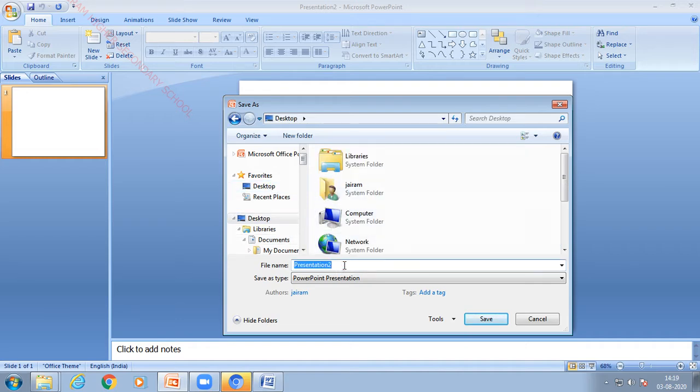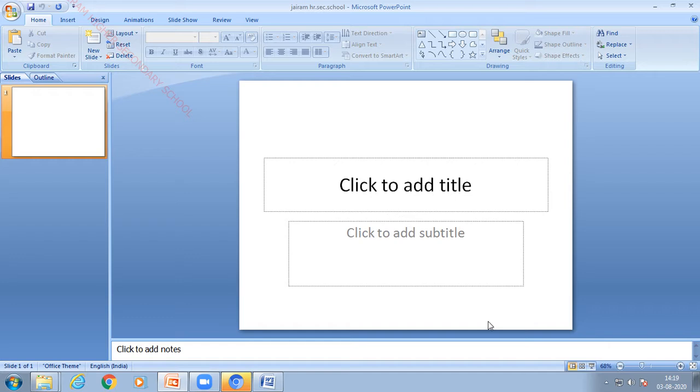Then I am typing a name as Jairam Higher Secondary School. Then click the save button. After pressing the save button, the title appears on the title bar, because as I told you already, the title bar is used to display the title on the screen.